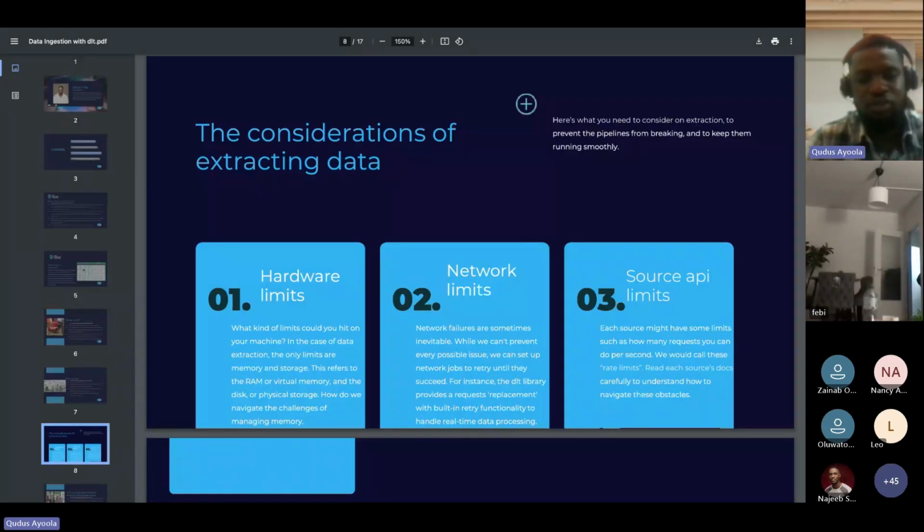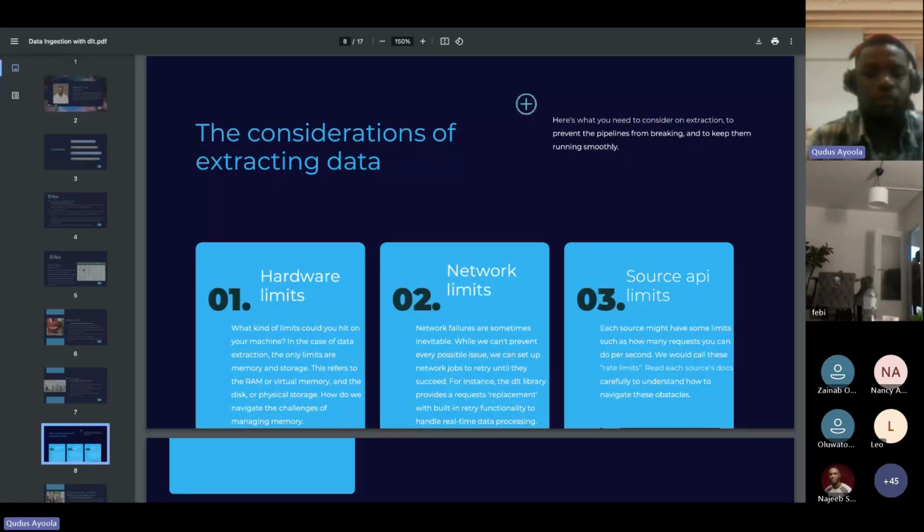So you can run into a network failure sometimes that prevents you from pulling those data, or whereby you are running your pipeline at a certain time, your pipeline just breaks because at that point you want to fetch your data, you run into an error.